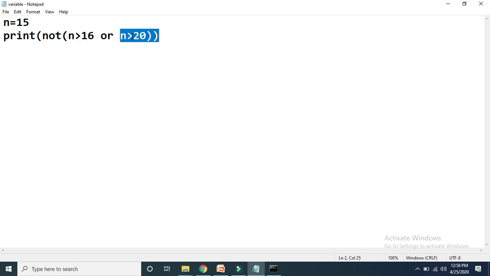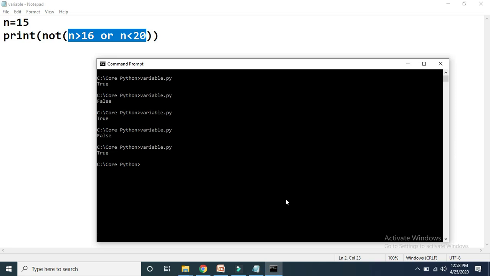Now if I make it like this, what will happen in this case? See here, in between OR is there. So OR, if one of the conditions is true, will return true. Here this condition is false, but this is true. So the overall result of this expression will be true. But for that entire result we apply not. That's why the reverse of true will be done and it will display the result as false. So let me show you the output. See here, we are getting the result as false.